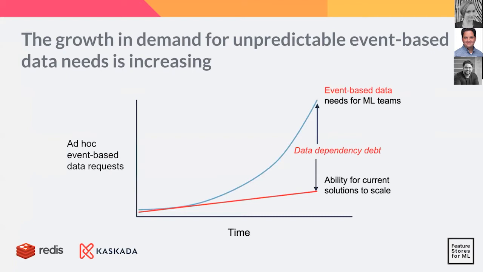What happens to the infrastructure once we start leveraging event-based data? Over time, the amount of ad hoc data requests starts growing like crazy. I'm sure that some of you have seen this in your teams. If you enable models from event-based data, there is a growth in demand, typically from data science teams who will want to compute different things and do different experiments. And as the number of models grow, this demand is going to grow.